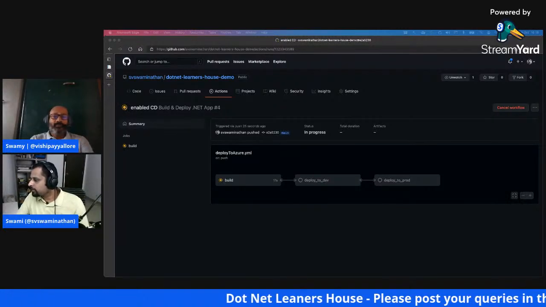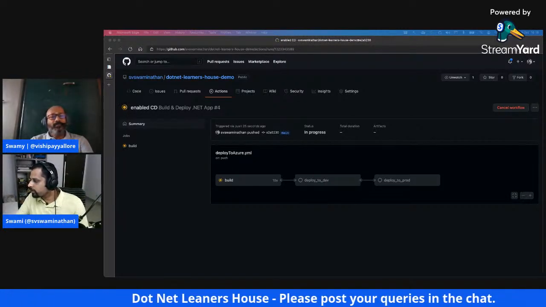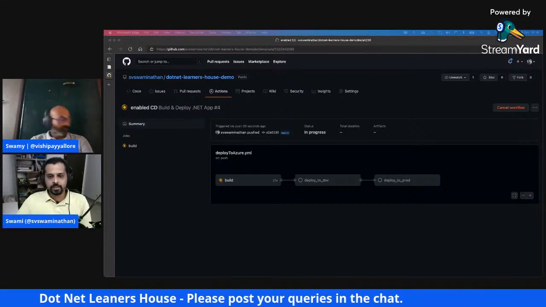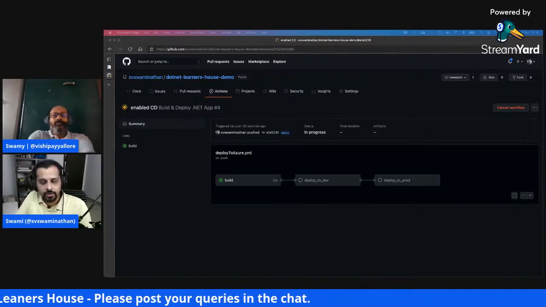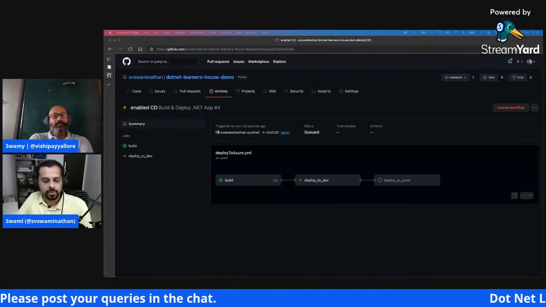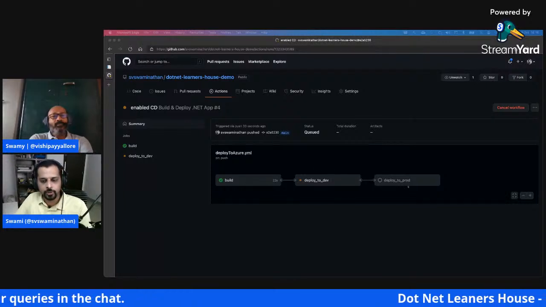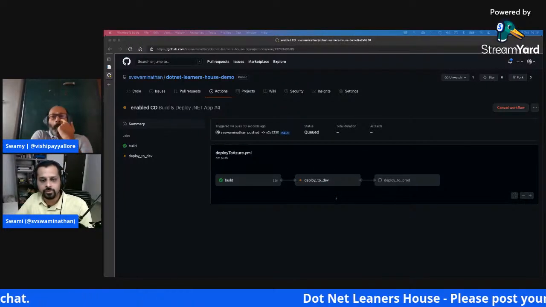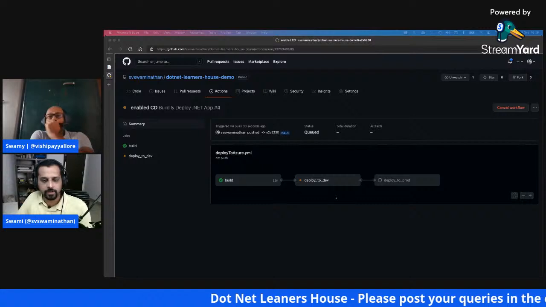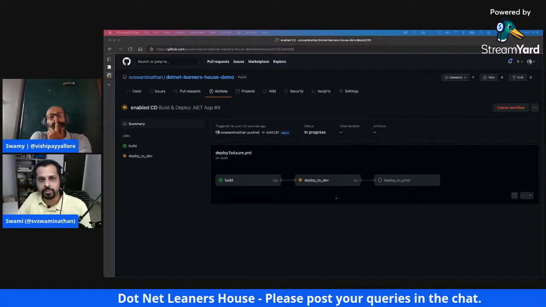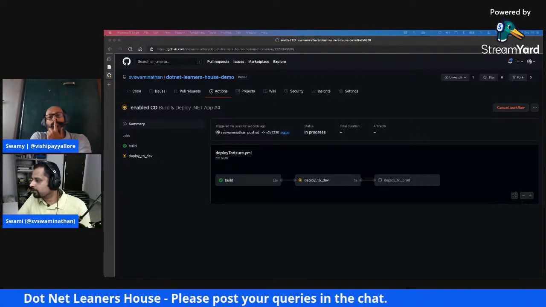Okay. So every time, will it fork a new machine and do .NET install and .NET build process? Yes. Like I said, every job itself is running on a different machine. So it's not even a fork. These different jobs also run on different machines. So it's up to us to see how we want to transfer any state, if at all we have to transfer it between these different jobs.